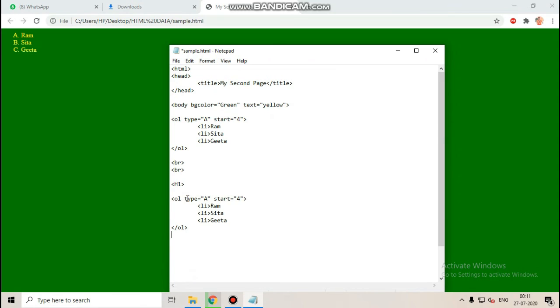Now I will do coding. I will do the same coding, but I will use an unordered list. Here there is no need for start because an unordered list has no starting point. So here you have to write by default. First we will see what comes by default. So I will not write anything. Just save. I have saved.